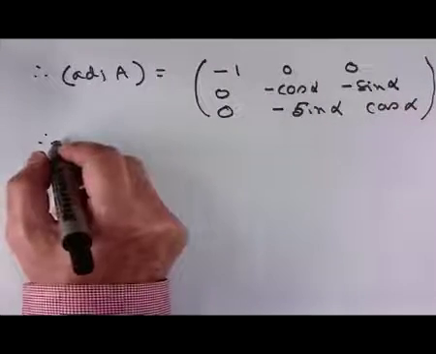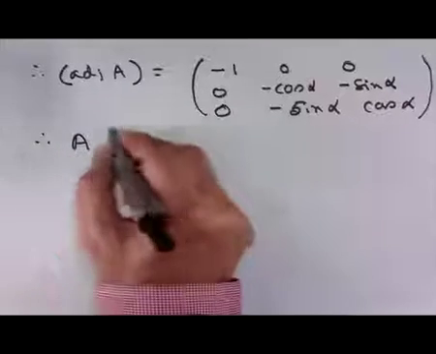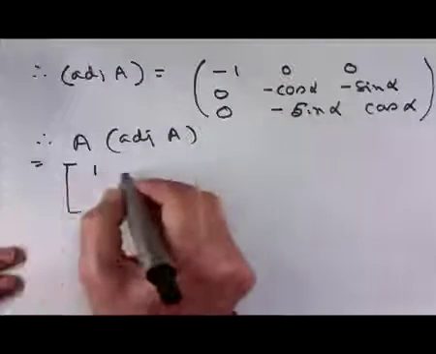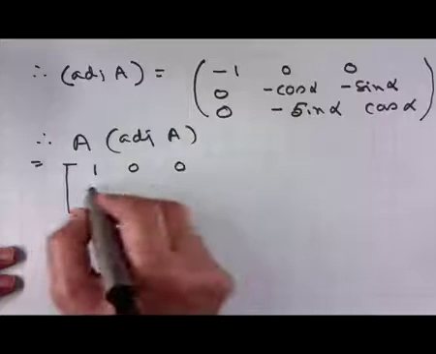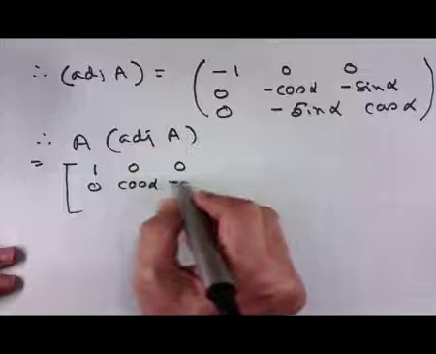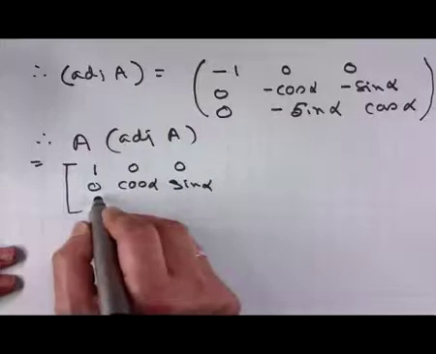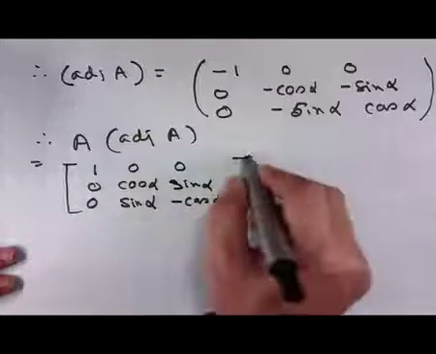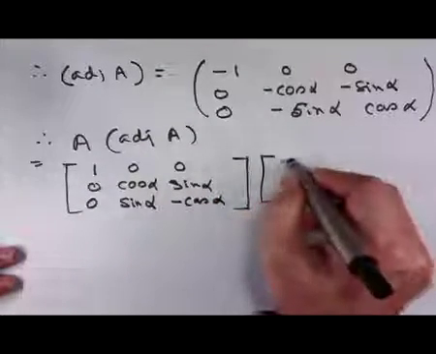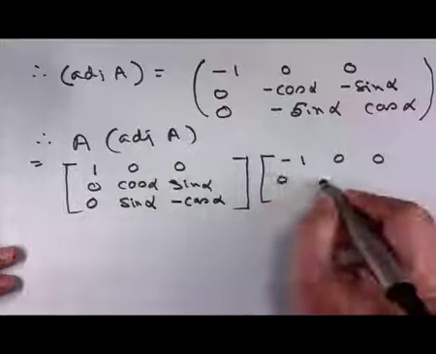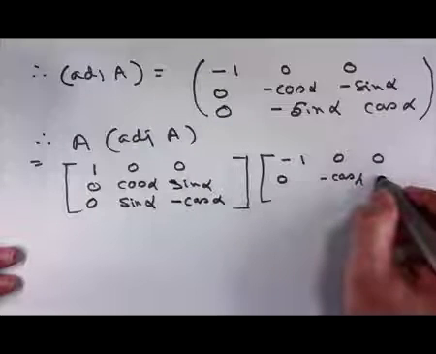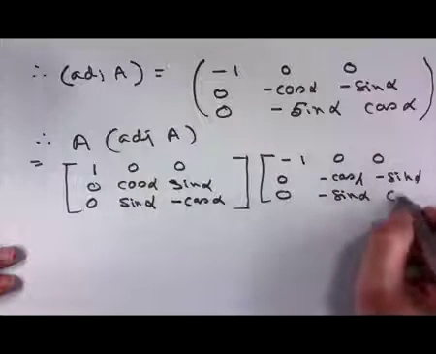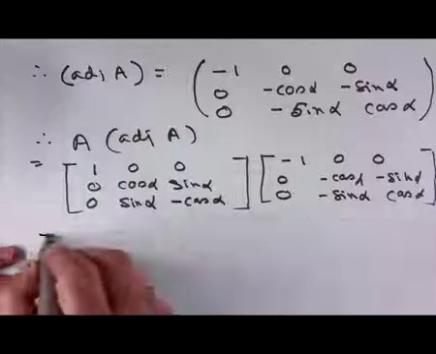Therefore, A into adjoint of A is equal to 1 0 0, 0 cos alpha sin alpha, 0 sin alpha minus cos alpha, multiplied by minus 1 0 0, 0 minus cos alpha minus sin alpha, 0 minus sin alpha cos alpha, is equal to